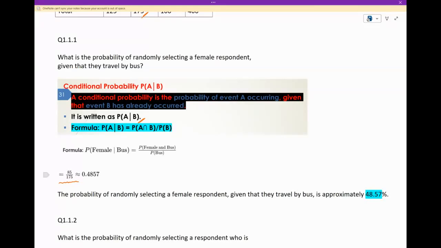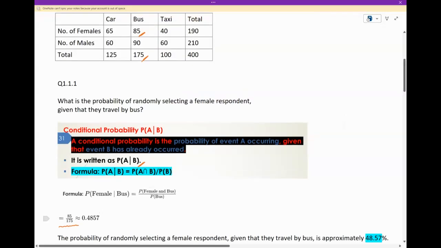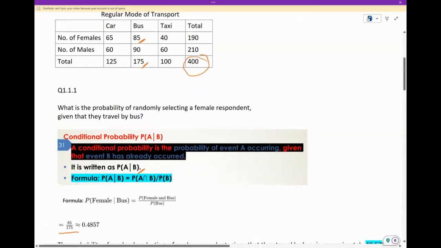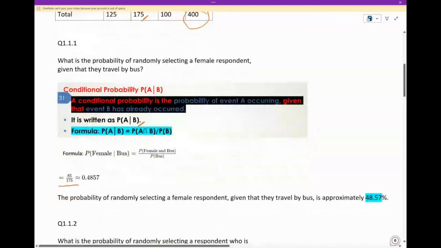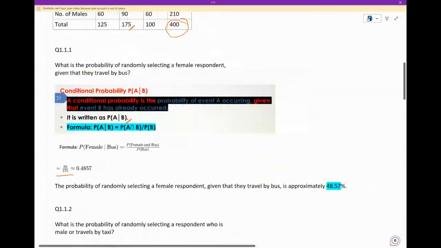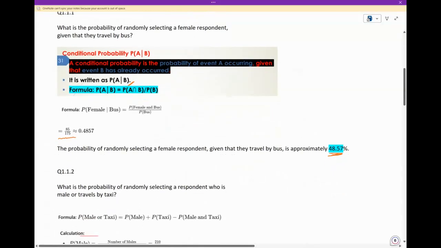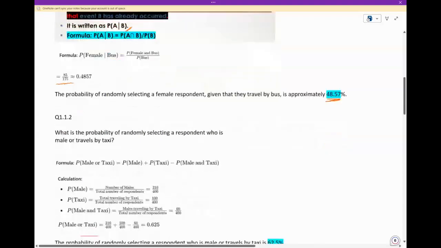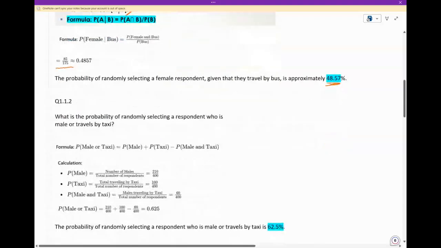All you need to remember is we're not dividing by the total number of respondents when it comes to conditional probability. So your final answer will be 48.57%. That's the first thing they asked. Usually they don't come out the gate with such a hard, or let me say, more challenging question. So here on the second one, they're saying,